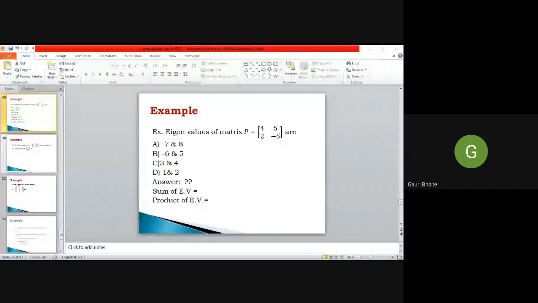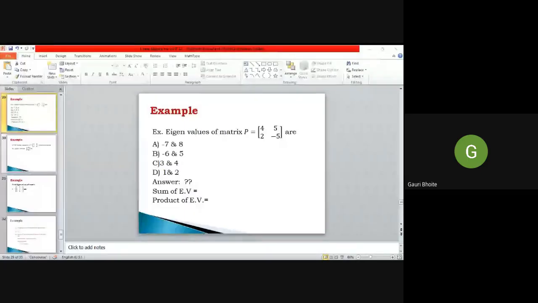Yes, Swapnil gave an answer. Abhijit also gave the answer, option B. Yes. So you can unmute your mic and share how you found it. I became happy that you are understanding what I am saying. Anybody, Swapnil or Abhijit?